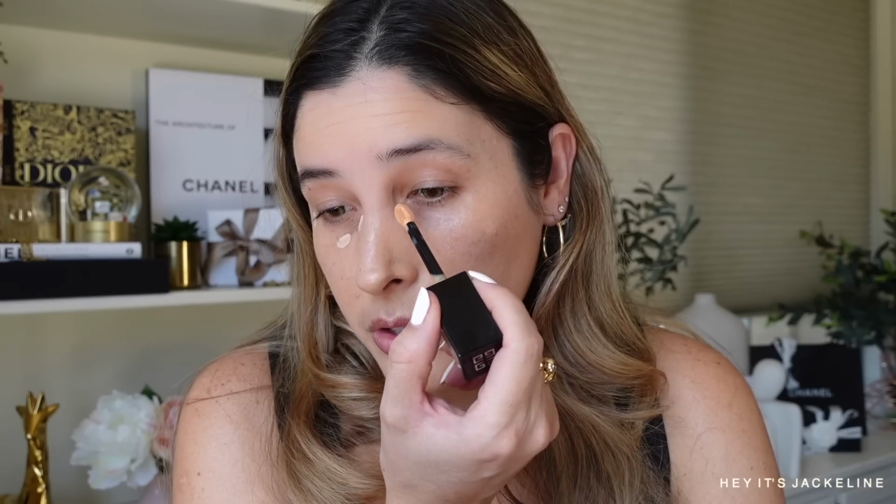Peach, there's a green one. I mean, depending on what you want to correct. For me, the peach is the one that really pulled me in the most, because I use color corrector only to correct my dark under eye circles. I'm just gonna dab one right there and one right here, because that's where I'm gonna focus to correct my under eye area. And with a Sephora Pro brush,